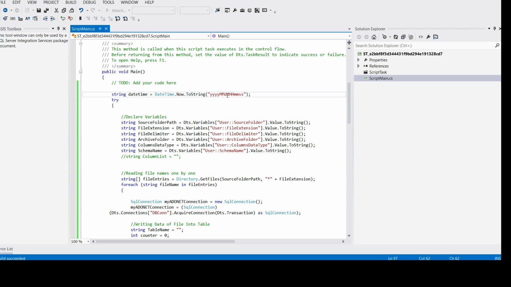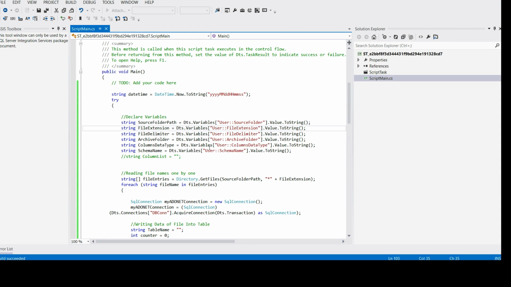and then I'm saving the year, month, day, hour, minute, and second to this variable, so I can use it to create the error log with the date time when I need it, in case an error happens. Then in the try block, I'm declaring these variables. So I declare a variable for pretty much every SSIS variable, and then save the SSIS variable values to these